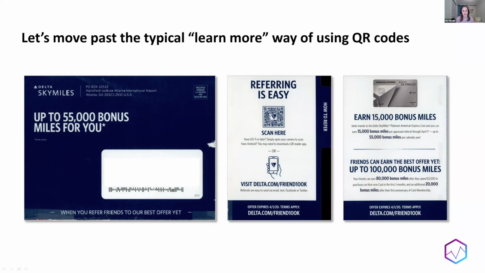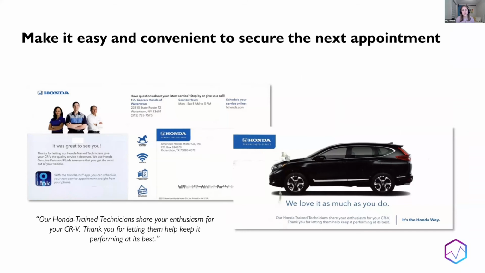I think I have one more. This wasn't a QR code example, but I kind of like this one. It used a mobile tag. So this is a little bit tricky because it's not as familiar for consumers as a QR code is nowadays. And now with especially the latest iOS, you can read a QR code from your camera, and not all mobile tags are readable from an iPhone camera.